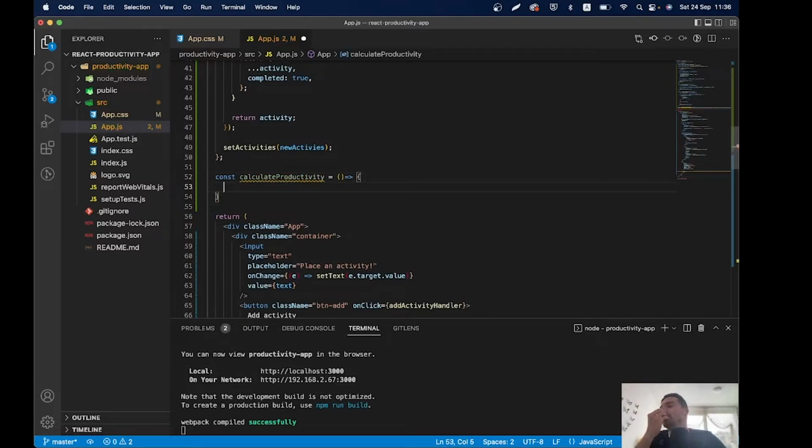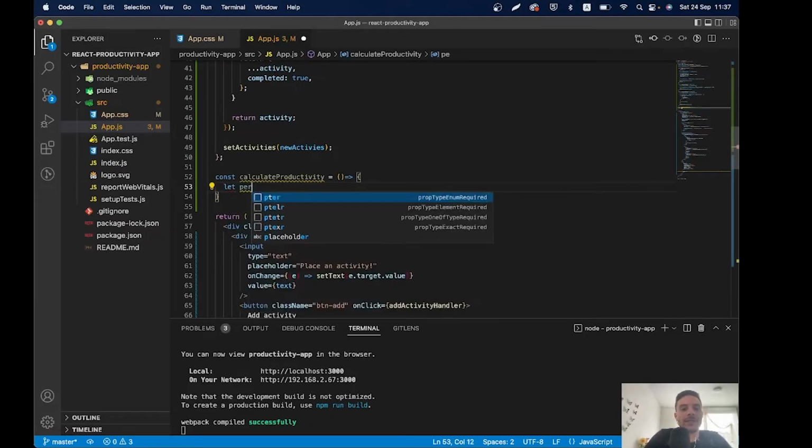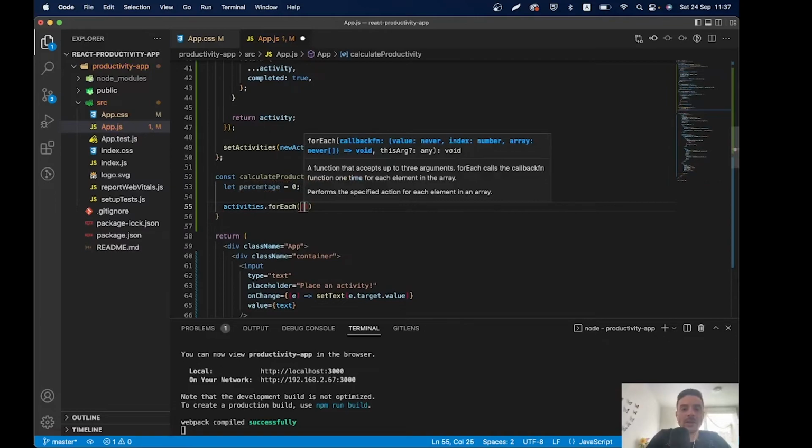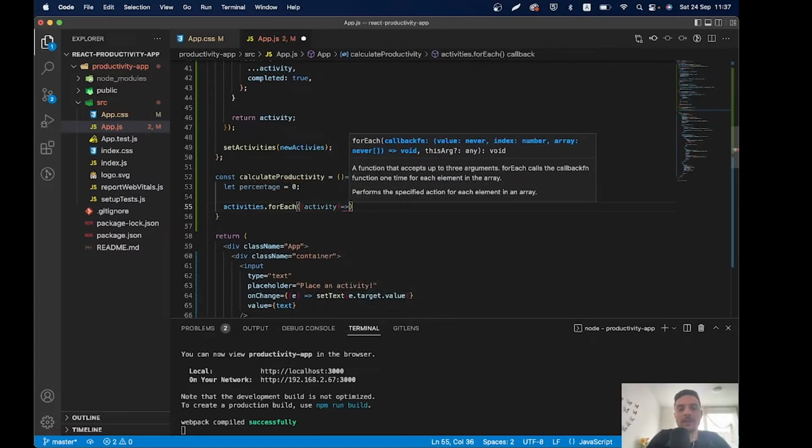And here we'll do the following. How to do that? We have to loop through the array and check how many we have completed. So we can say let percentage to be equal to 0, and we can say activities dot forEach, and activity. So here we can say